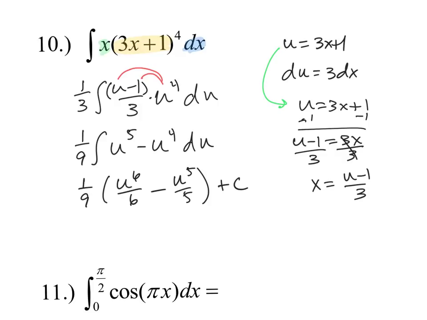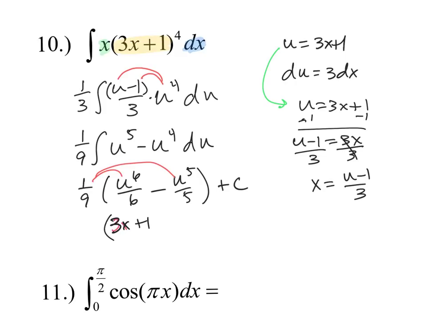We'll multiply, let me show what we're going to do. We're going to take 1/9 times each term, and then also we're going to back substitute. These u's are going to be replaced with 3x plus 1. So our final answer then would be, I said minus 1, I meant plus 1, 3x